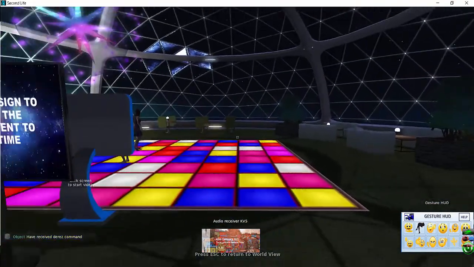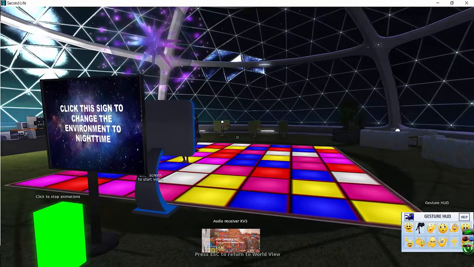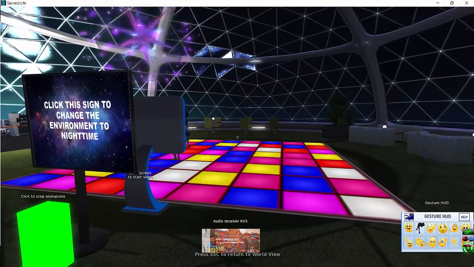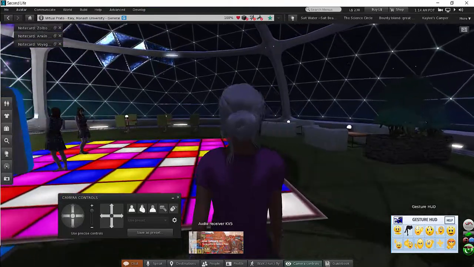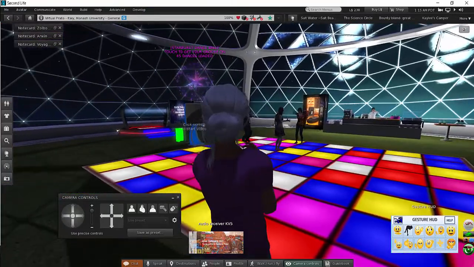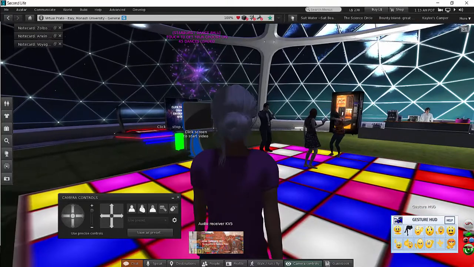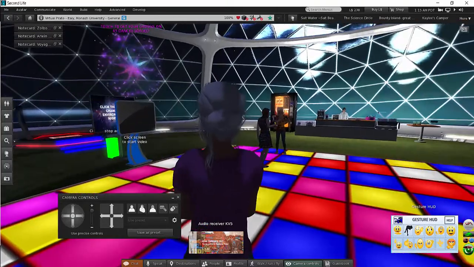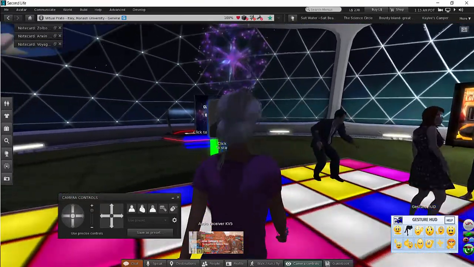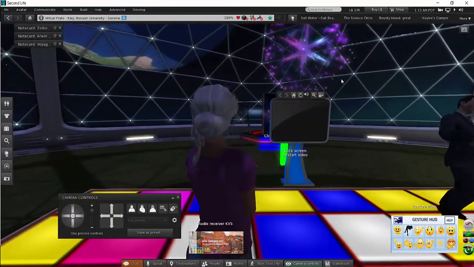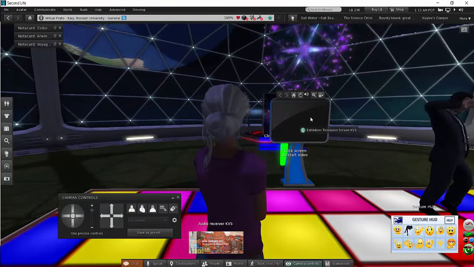Okay. So let's return back to our normal view. So if we hit Escape, and we have returned back to our normal view. So you'll see here that we've got some people already dancing, and we've got our dance floor. We have what looks like a disco ball sort of up there. So what I would suggest, the first thing is that you click on the screen here